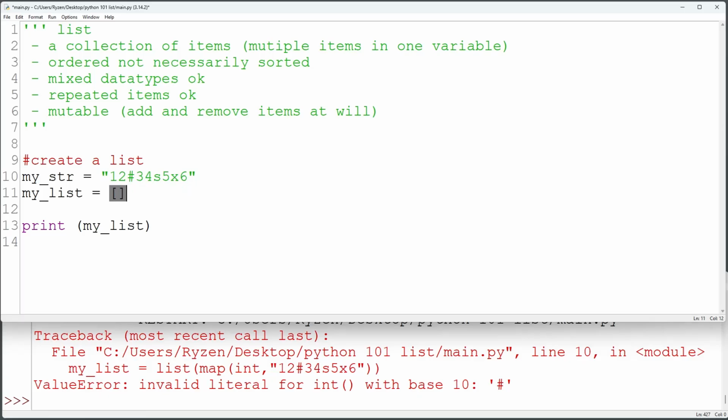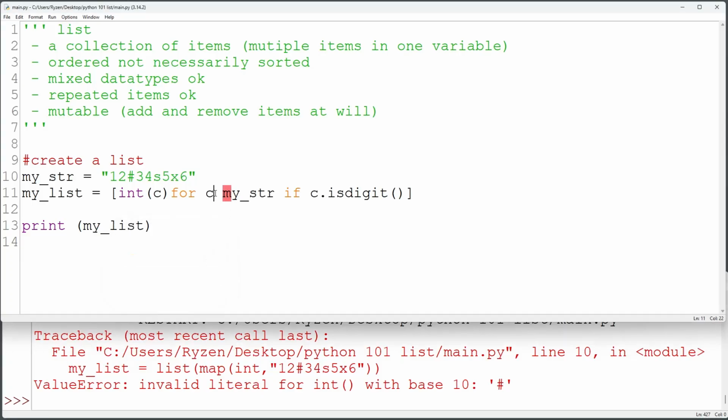Now on the list, I'm going to create the int of the characters, and I'm going to loop through this string here. So for each character in my string, and then I'm gonna put an if here, if each character is a digit. So now what this does, it checks if it's a digit before it converts to the integer in order to save into the list. And now if I run this program,